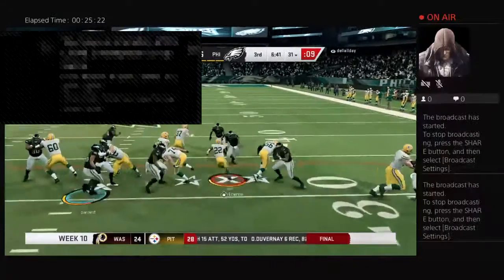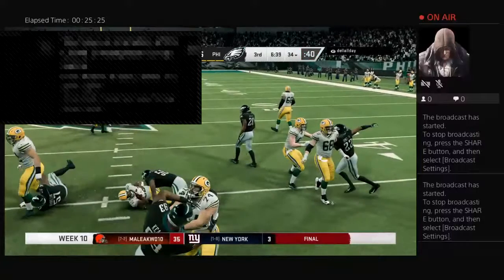Now a handoff here to his running back. And he'll get it up near the 35 right